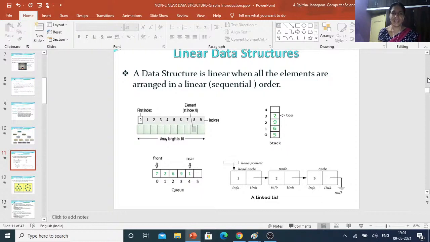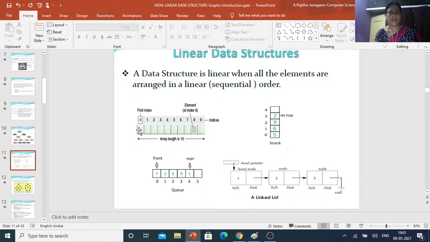Suppose you take an element stored in the second index of an array: this element has only one predecessor and only one successor.